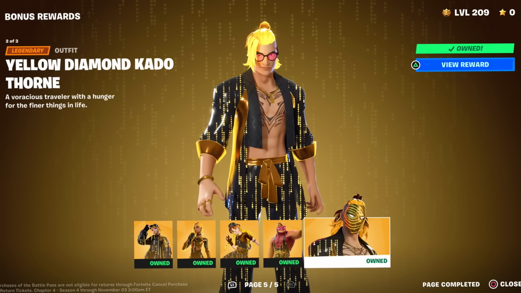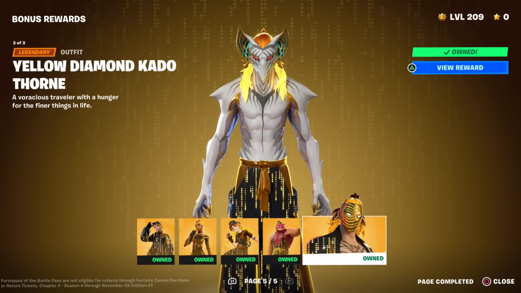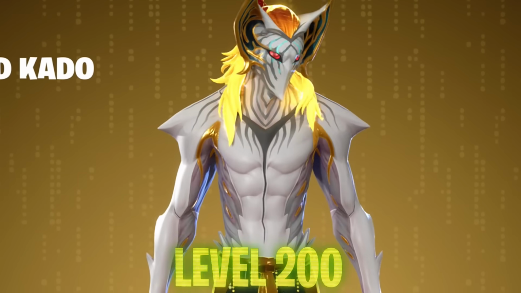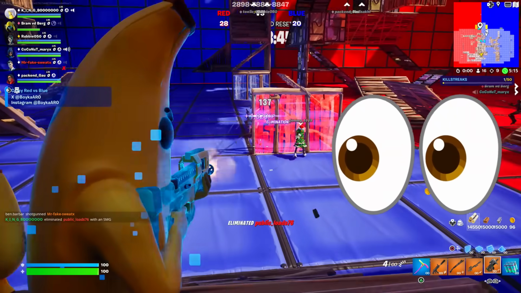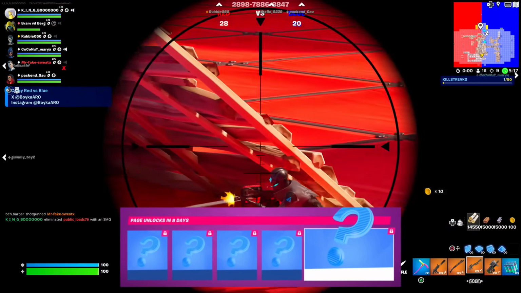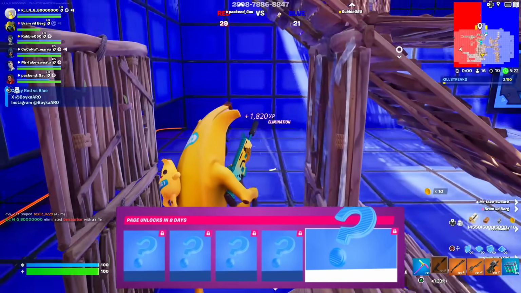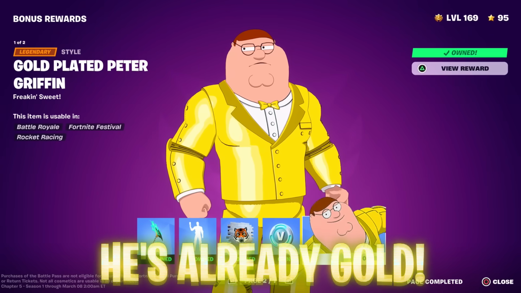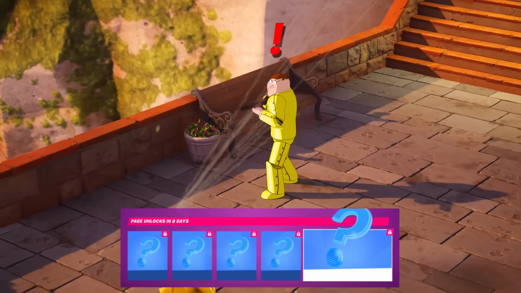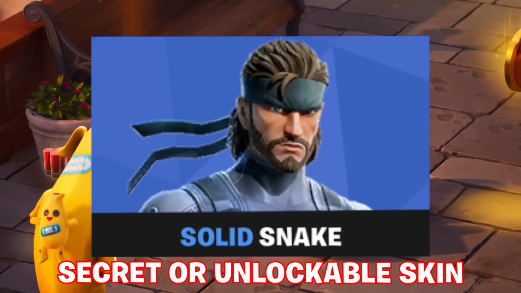For instance, the last full season where we did see this was with Chapter 4 Season 4 Last Resort, and the gold styles going all the way up to level 200 where we unlocked Gold Kato Thorn. I'm guessing we're going to be seeing, because of this trait, gold applied to page 7, or should I say the kind of final levels going up to level 200 max of these super styles, but this kind of takes Peter Griffin out of the equation considering he's already got his gold suit or plated form to receive any of these stages of super styles,